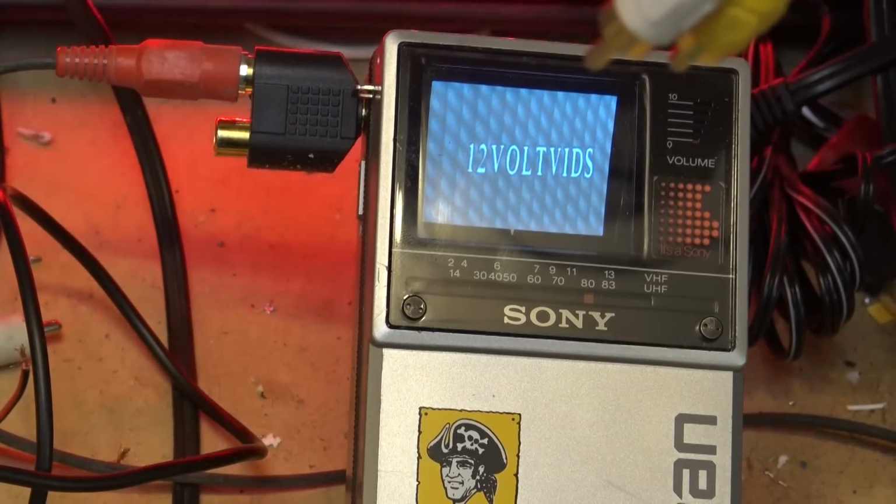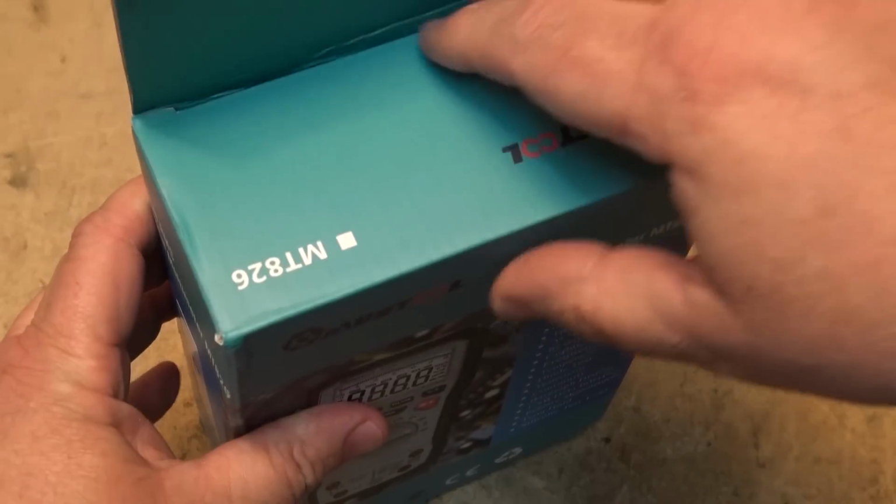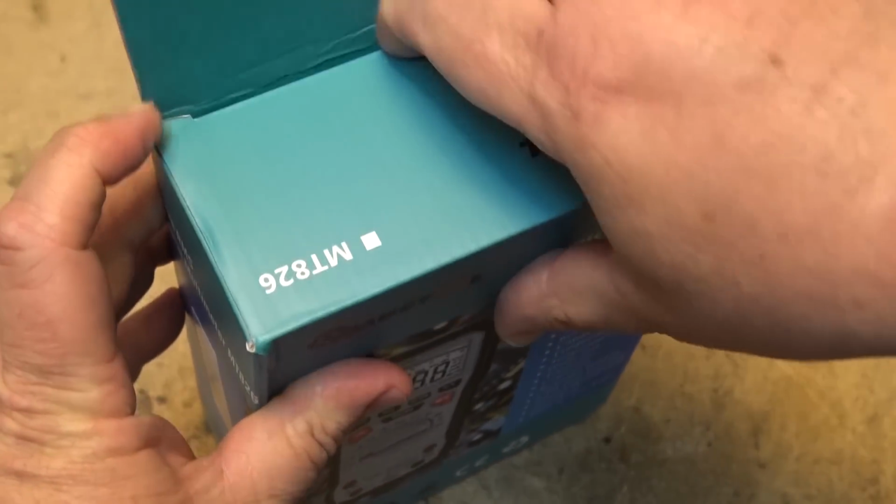Today I have a review, the Mustool digital multimeter model MT826. We're going to open this one up and take a look at it, and we'll even take it apart and see how well this one's put together. So, opening up the box,